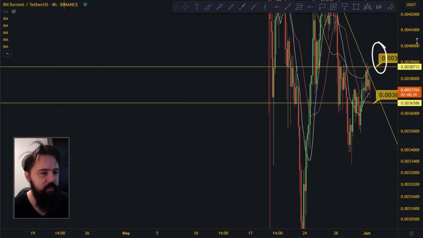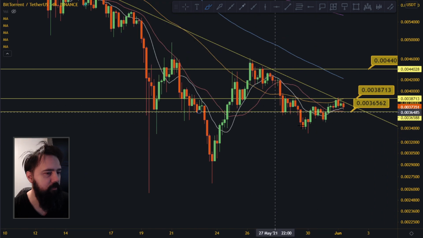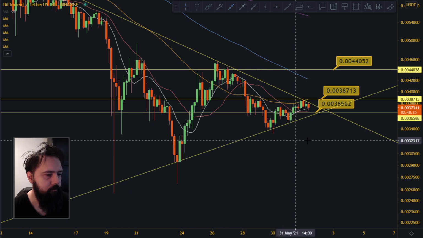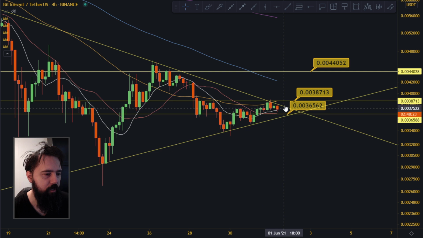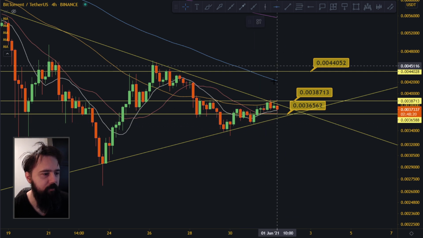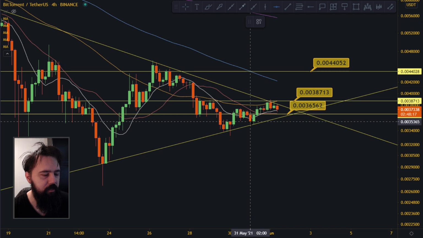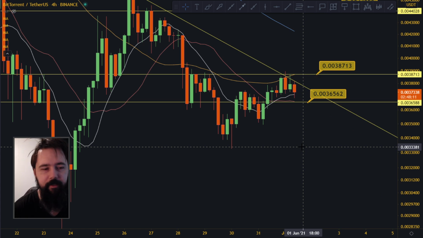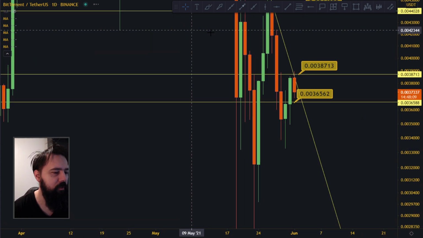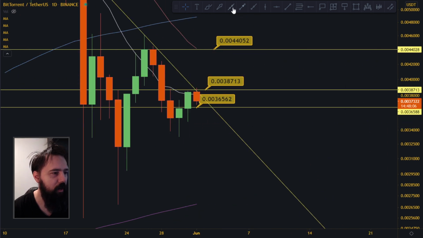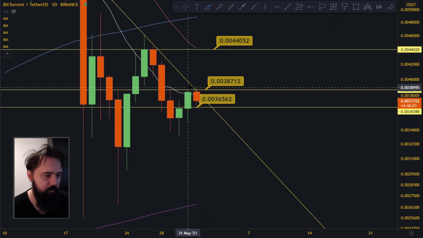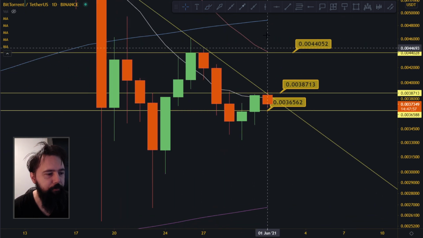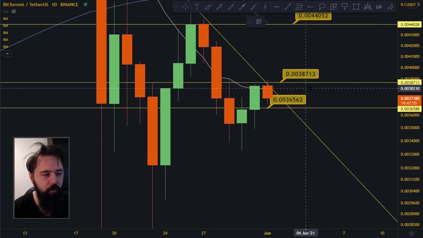Let's just zoom a little bit out and see, because there's some kind of triangle going on here. So if you start falling below that, it is this line over here. This is like the 35 line. Let's just say 36 and 38 for today. Then next time we'll be looking at it. But on the long term chart, however you look at it, if you get rejected here is the thing for today. You don't want to get below 36, you want to get above 38, right? But this is on the 4 hourly, so on 4 hourly anything can happen.